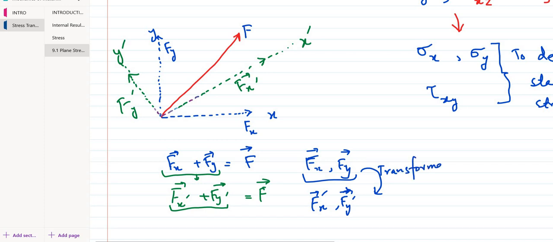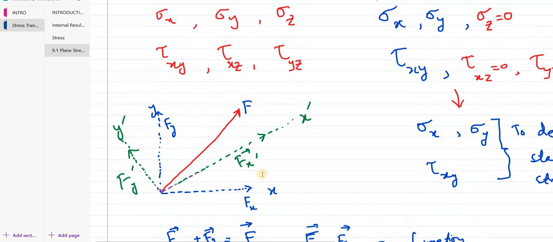But right now we are talking about transformation of components of a vector. This is transformation. Knowing the components in one coordinate system and transforming them into another coordinate system, making sure that the new set of components is equivalent to the previous set of components. They both tell the same vector. They both end up giving the same resultant vector.